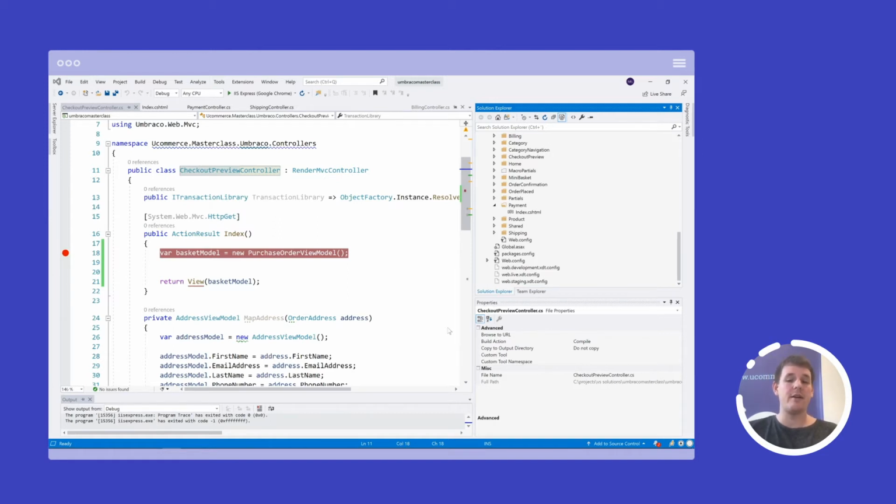And by checkout, it means they will either pay with the invoice or they will be redirected to a payment gateway to enter their credit card information. In this particular case, we will just stick with invoicing as we don't have a live payment gateway up and running that we can test on.